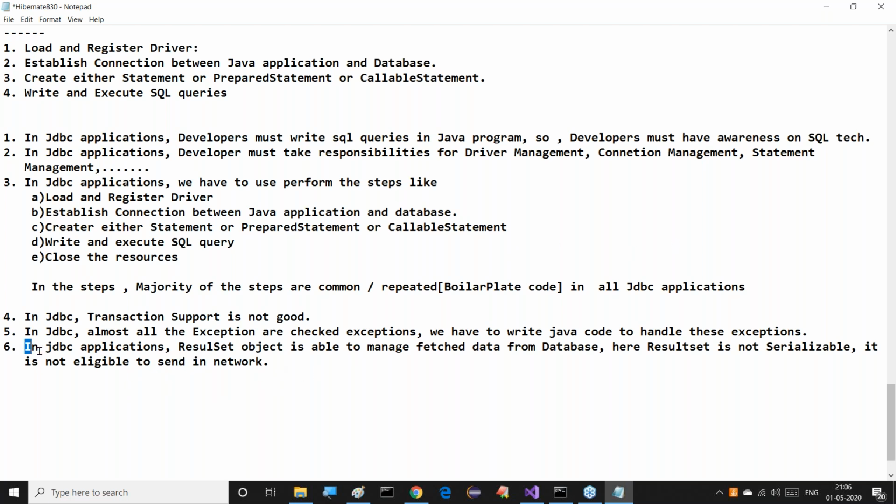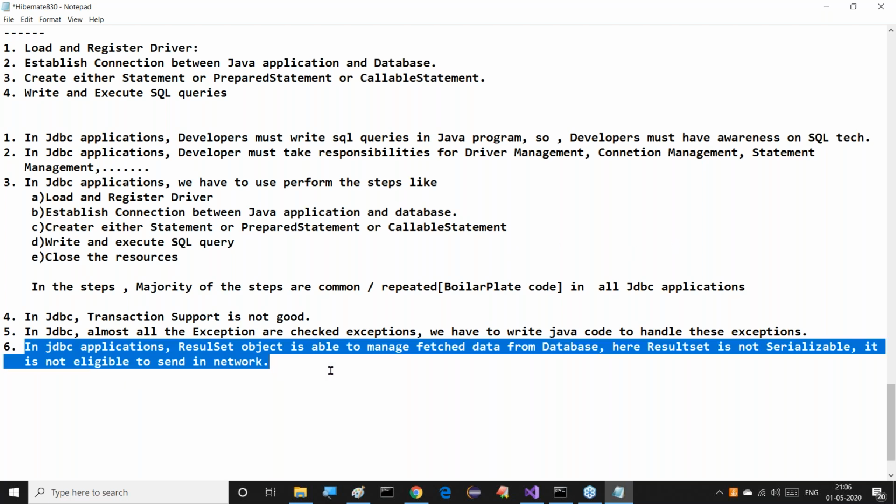Yeah. What I'm telling you is that it's a distributed application. A local machine and a remote machine are available. On the local machine, I have a result set object that I want to send to the remote machine. But between the local machine and the remote machine, a network exists. So which objects are we able to send over the network? Those objects must have some eligibility.